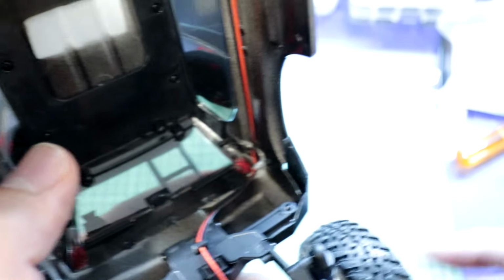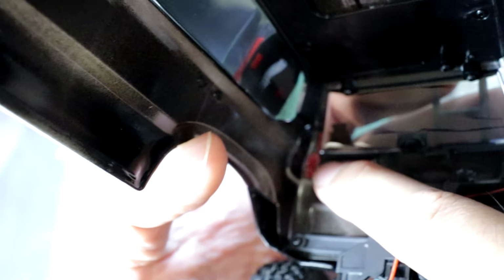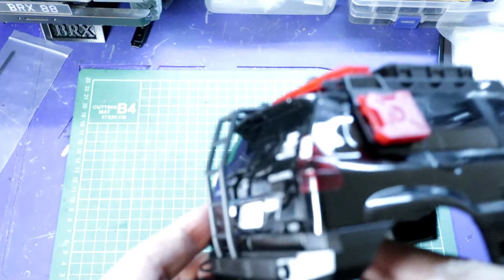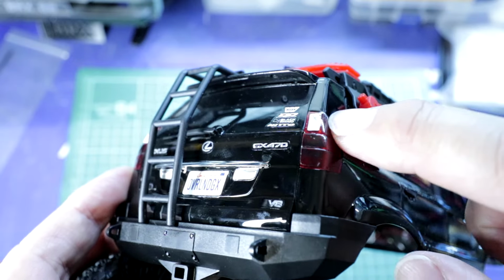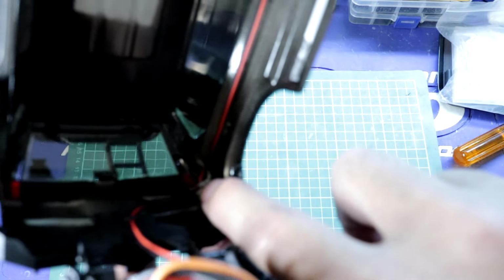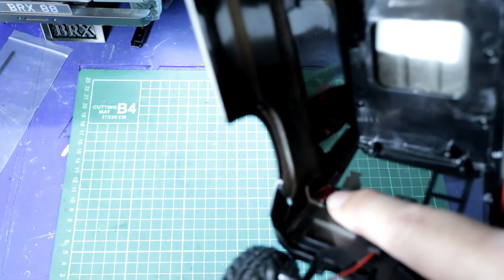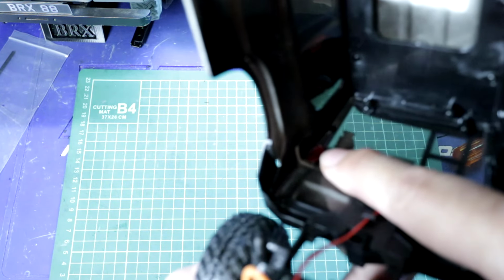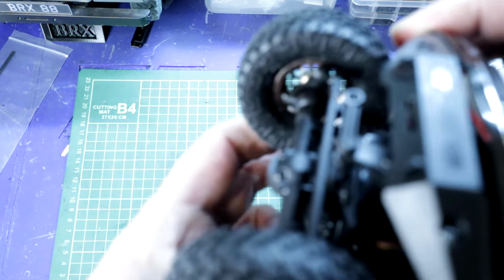Even the rear taillights do the same thing. There's no light bucket option for this. They're just inserted through the body and kind of melted to hold it in place. So it's actually just a lens. There's no light bucket underneath. It's part of the body underneath with the lens piece overlaid over the body. So there's no actual location for a light bucket for the lights to go through on the rear taillights. So those are some of the things that I wish they would have improved upon, to actually have rear taillight buckets. That would have been nice, so you could add rear taillights. But other than that, really nice scale body,